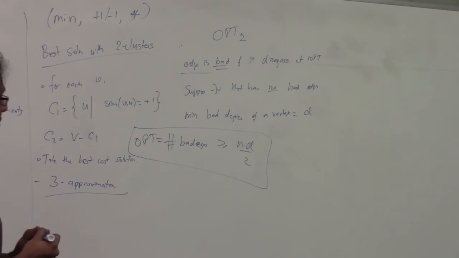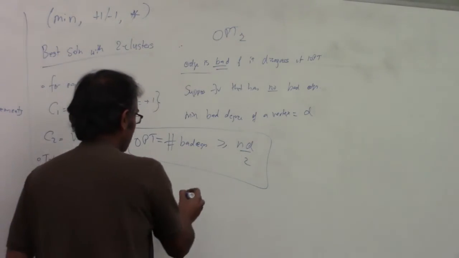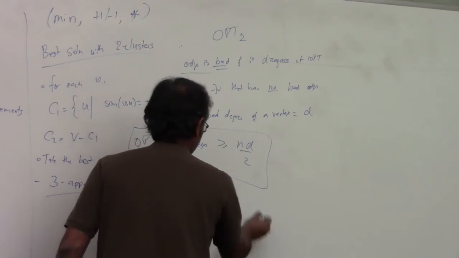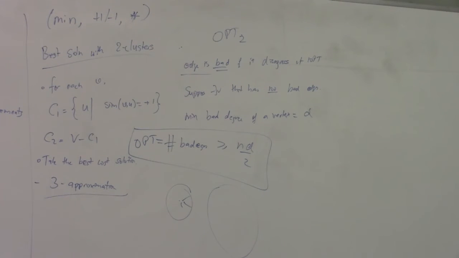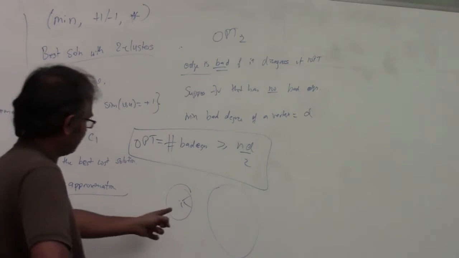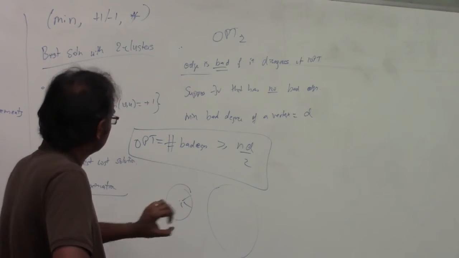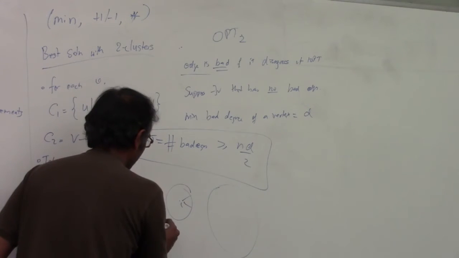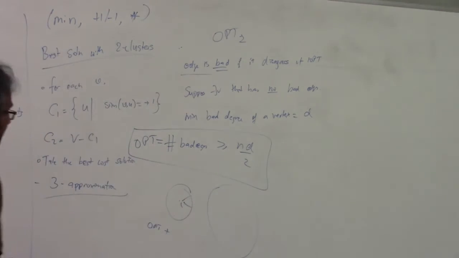Okay? Now let's say we construct a clustering where this vertex is chosen to be in one cluster. So this is put in one cluster with all these D things coming out of it. And everything else is a different clustering. Okay? So then what I want to say is that the total cost of my solution in this particular string I picked is equal to maybe opt that I pay anyway, the number of bad edges, plus some extra bad edges that I have to pay for that are going across these things. So let me just think about this for a second. If I take this and it has degree D,